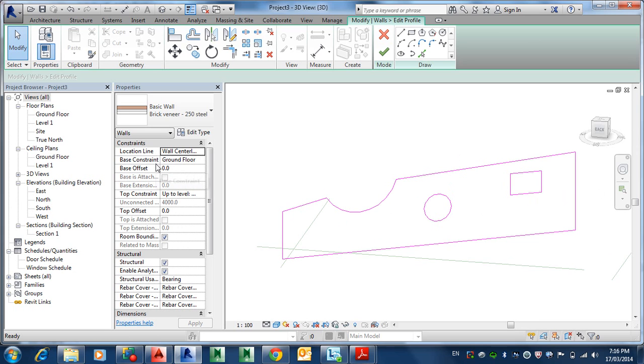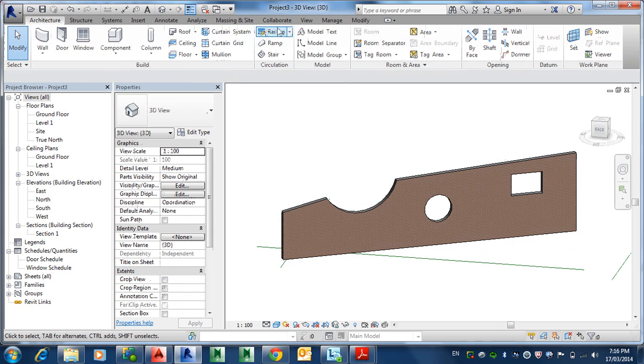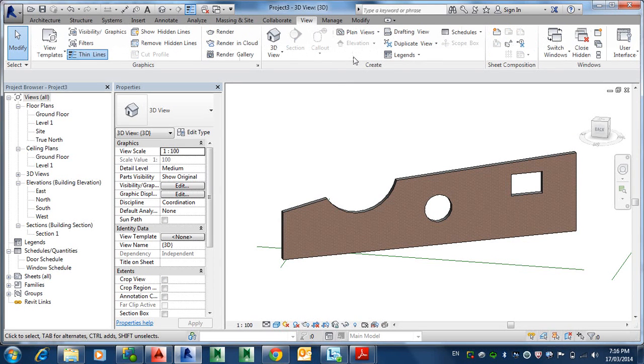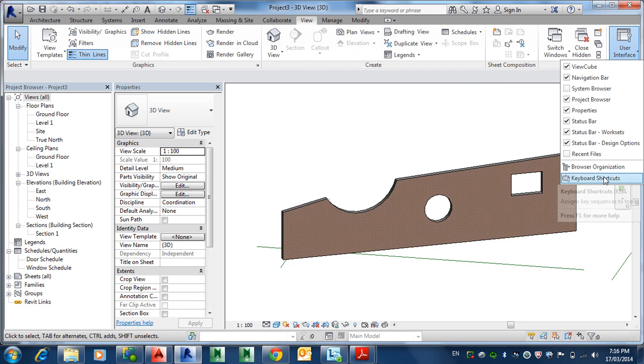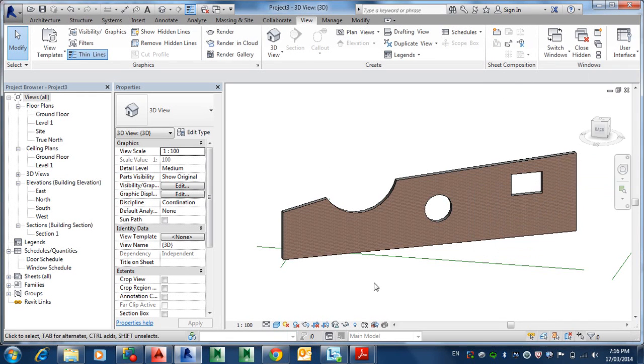A lot of you have been asking me where the keyboard shortcuts are and how to change them. Well, I finally worked out where they are. So, let me just finish this off, sorry. Okay, if you go to View tab, User Interface, Keyboard Shortcuts, or you can just type KS for keyboard shortcuts. No enter required. Okay. All right, so if I type KS,